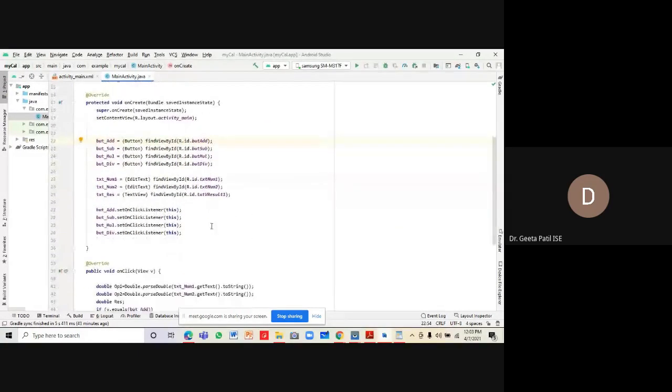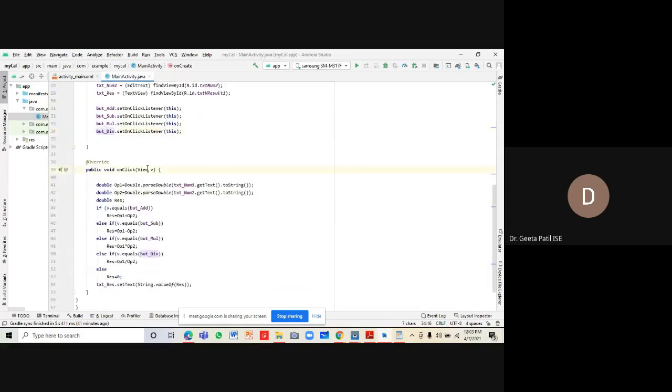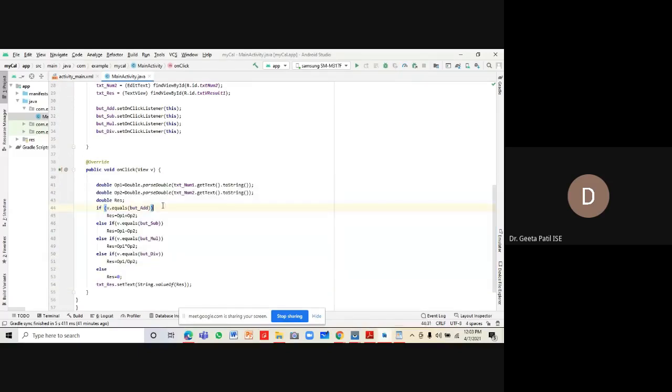So we are adding over here the onClick listener for the add button, subtract button, multiplication and division. Now on click, what is the code we have? I've just written the code over here. First we are reading the text. So txt_num1.getText. Whatever text is available in the num1 field is obtained by using txt_num1.getText, and that is